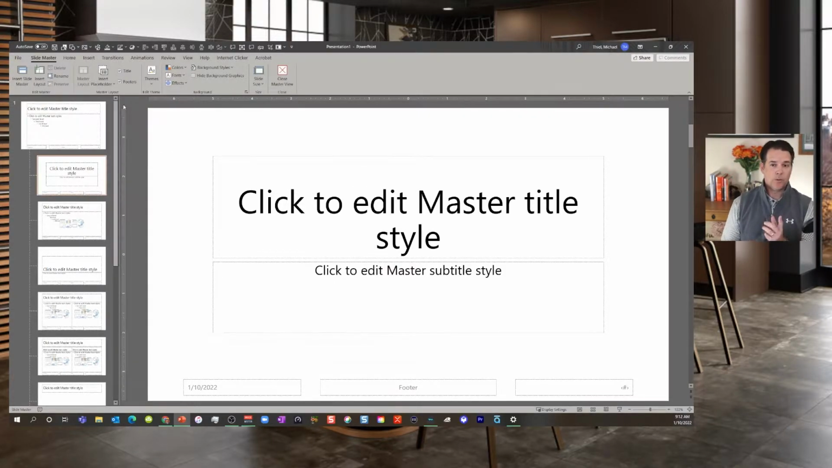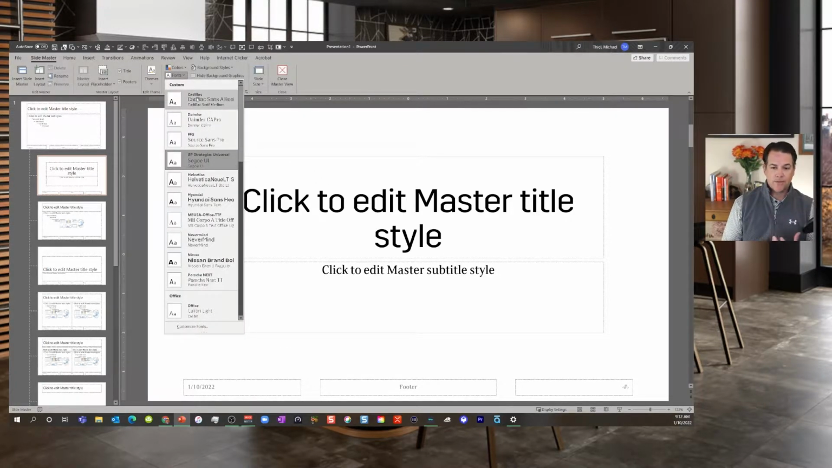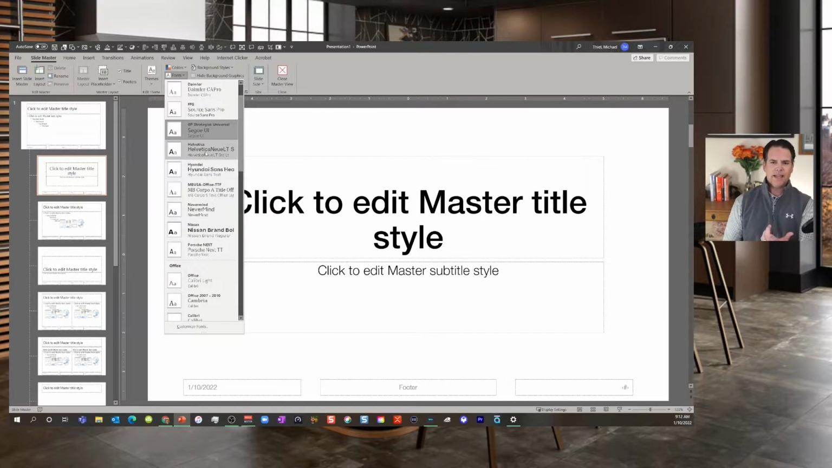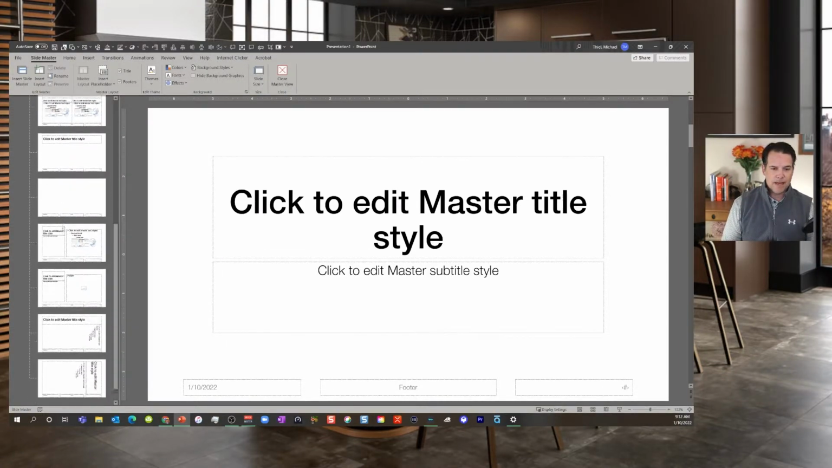Now I will say this, for presentation plus ups, I've gone ahead and made a custom font for myself here. So let's take a look at that one. The one I like is Helvetica Neue. Now this is a paid font, but it looks really rich, really rich. The reason I say that is you change it here and you can see on the slide master,